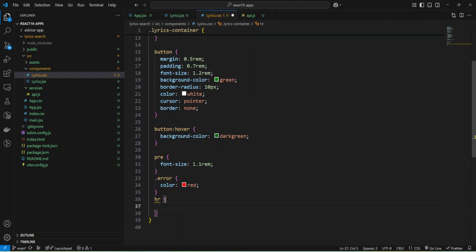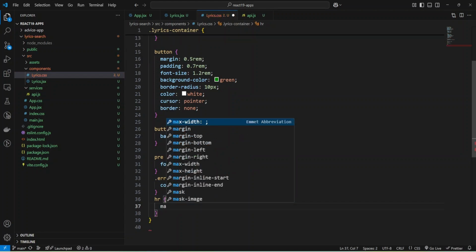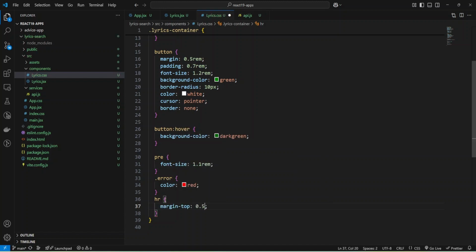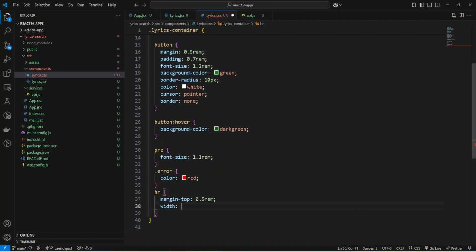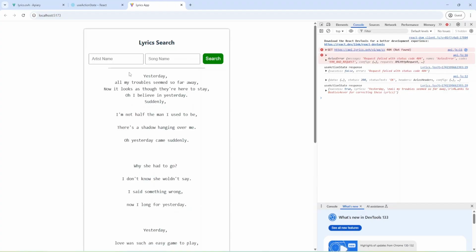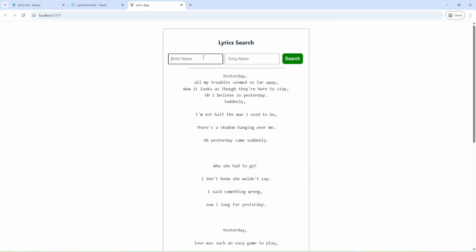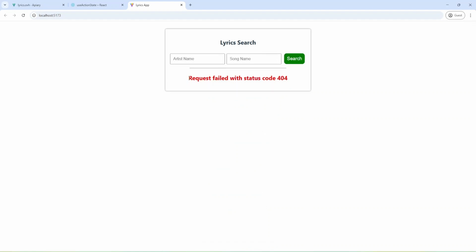And here I'm just going to add some margin top 0.5rem, and let's decrease width and make it 70%. Okay, and let's check. As you can see, we have increased font size, and let me close this panel and provide some incorrect values. And as you can see, we have a red error, and let's check by providing correct name, and from name it's My Life, and search.